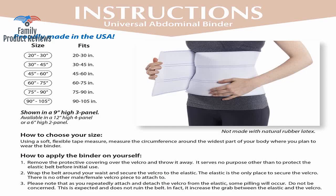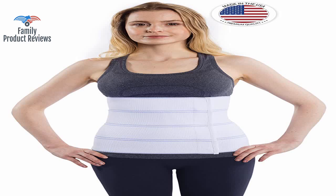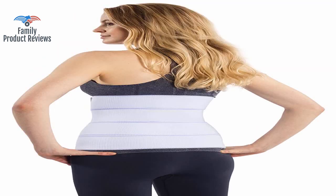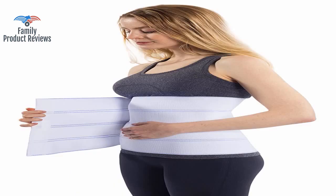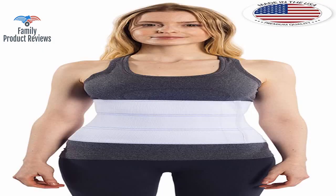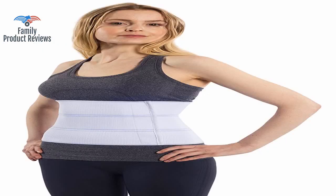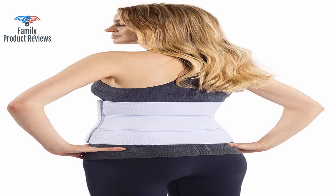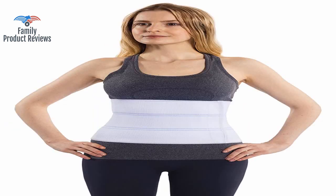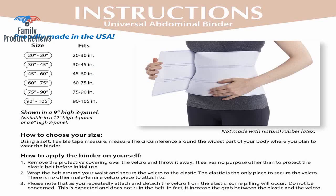Provides great support and pain relief, as well as being easy to put on and take off. Overall, it offered a lot of support and helped relieve a lot of the pain throughout the day. Depending on your preferences, you can make the binder extremely tight or a little bit looser for comfort. However, she says it feels like it cuts into her at the top of the binder when she is sitting down. It could stand to be a bit longer, and the ribs in it could be a bit more sturdy,